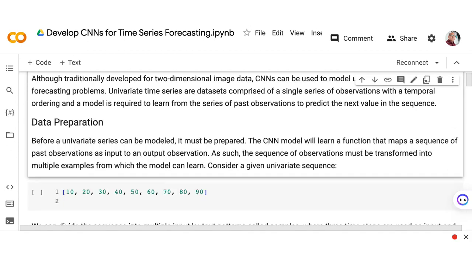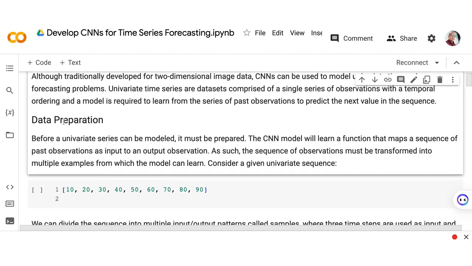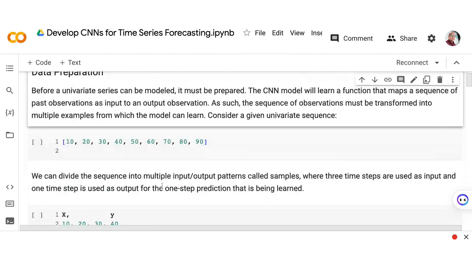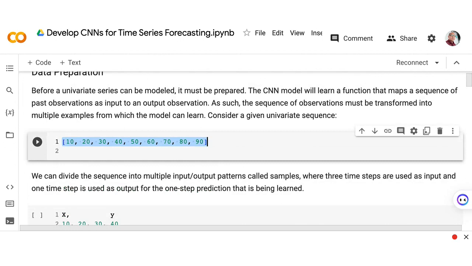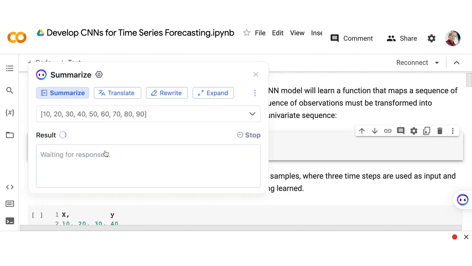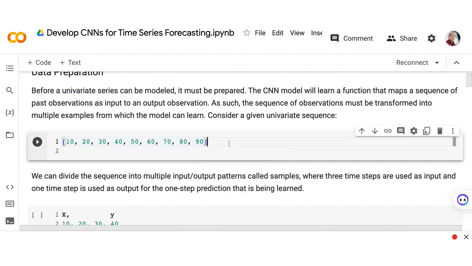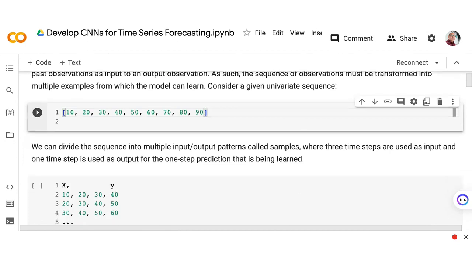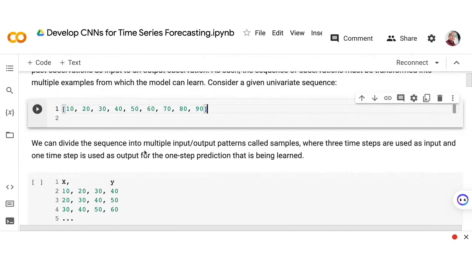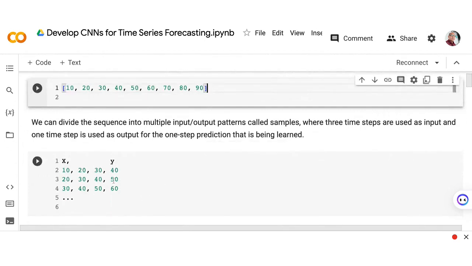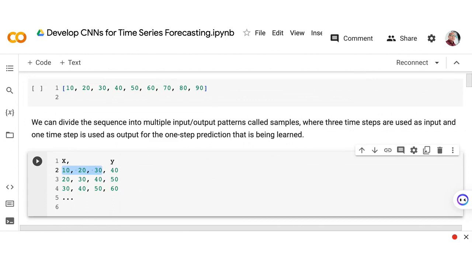Okay, so we already discussed how to prepare a univariate series to be applied to a CNN model. As an example, you can see here we have a series of numbers, and what we did last time is divide this sequence into samples, and each sample has three time steps, as you can see here: 10, 20, 30.